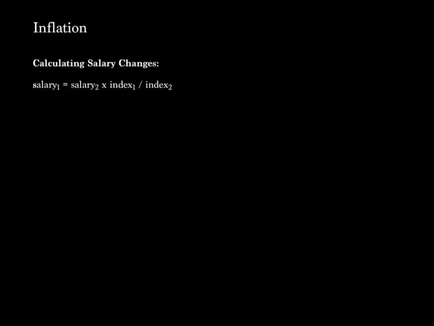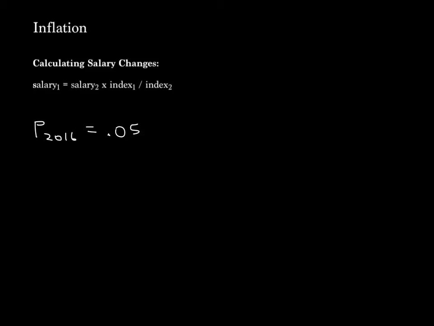In 1950, Coca-Cola only charged 5 cents per can. So if we wanted to find out how much that would be in today's purchasing power, then we would use this equation up top, and salary 1, that's going to be the price of a can of Coke in 2016, and salary 2, or price 2, that's the price of a can of Coke in 1950,